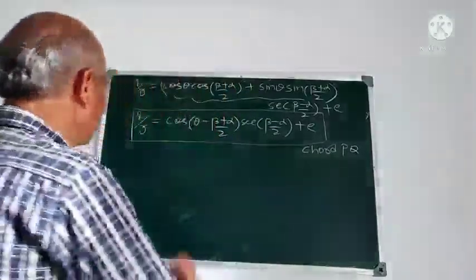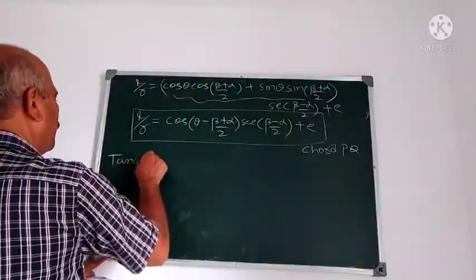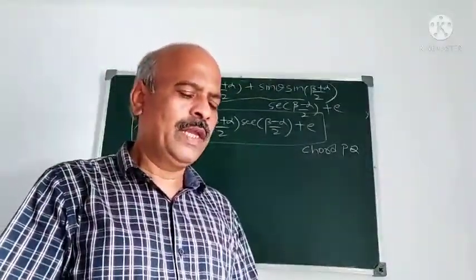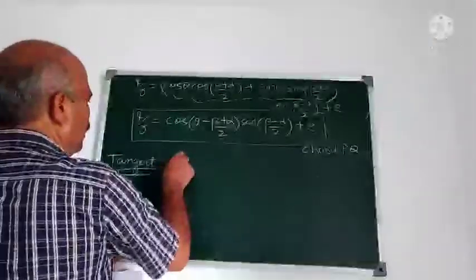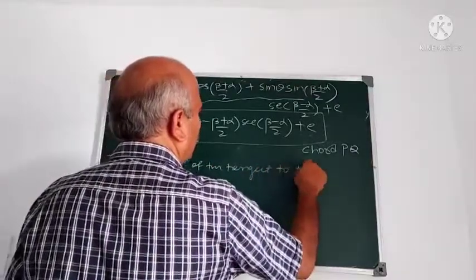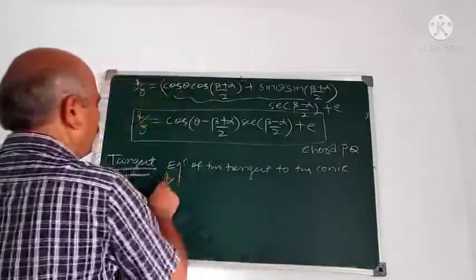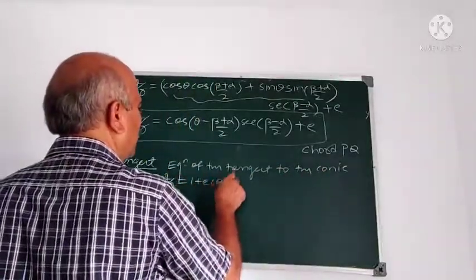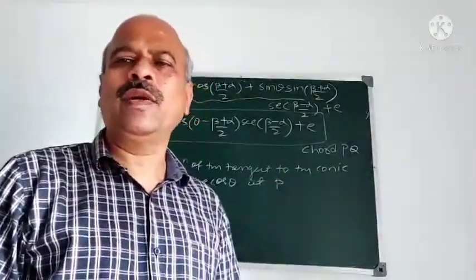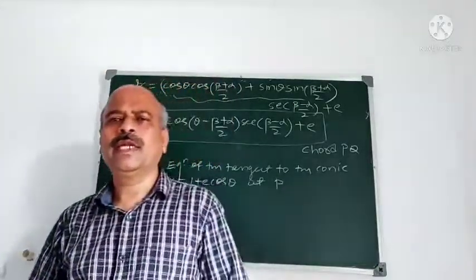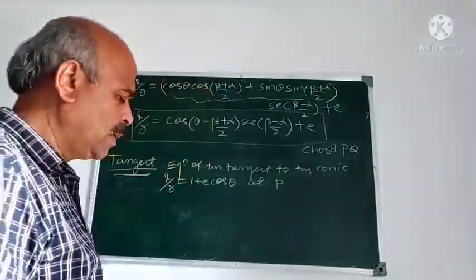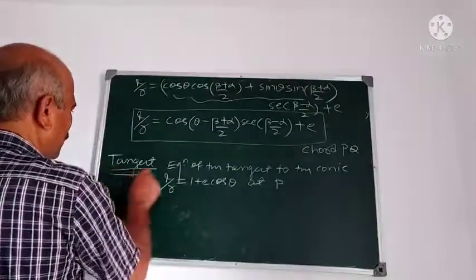But what is tangent? Second thing is tangent. Equation of the tangent to the conic L by R is 1 plus E cos theta at the point P. In the beginning I defined what a tangent is. A tangent to the curve is the limiting position of the chord PQ as Q approaches P along the curve. As in the previous case, for the equation of the chord, we take